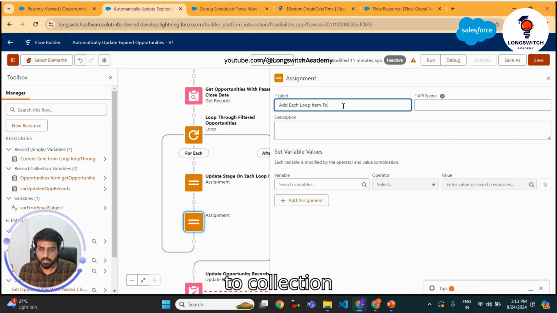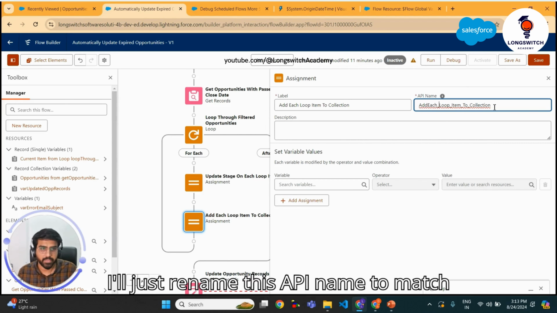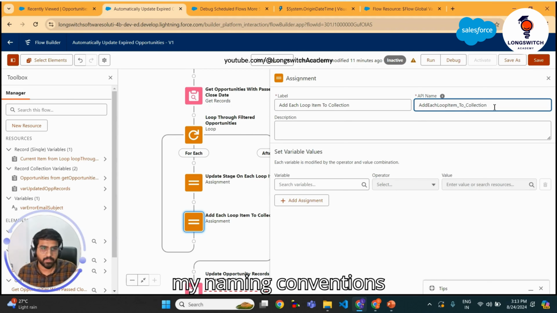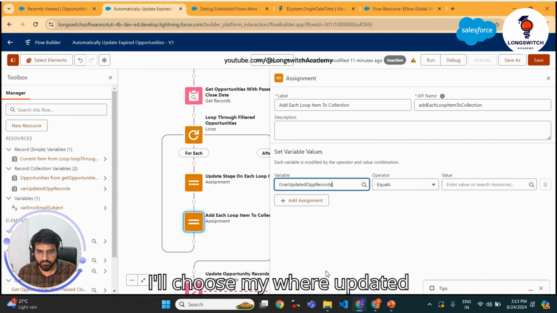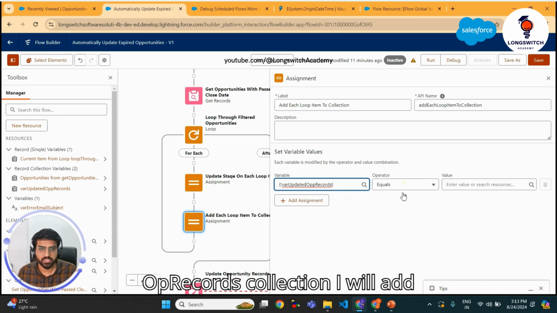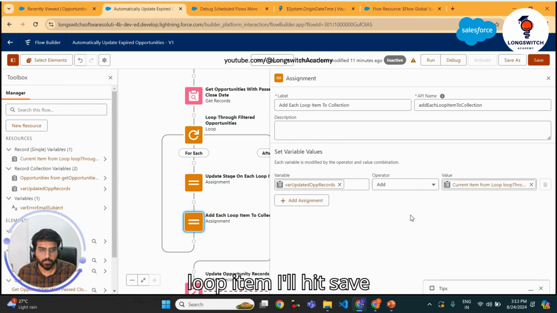To collection, and I'll just rename this API name to match my naming conventions, and here from the variable I'll choose my where updated op records collection. I will add, and what I'll add each of the loop item. I'll hit save,